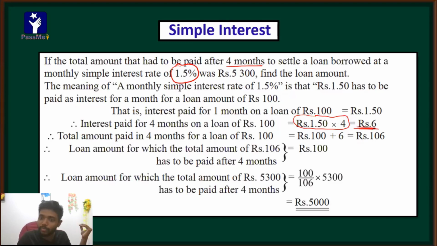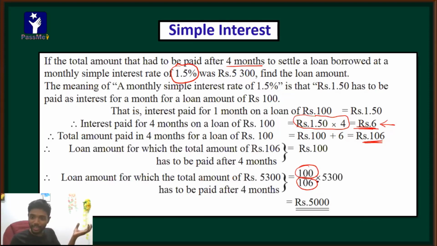You got the value as 6. That means if you took 100 rupees, 6 rupees is additionally given as interest. That means all together you need to pay 106 rupees. If you get a loan of 100, you have to pay 106. The other way around, if I pay 106 rupees to him,